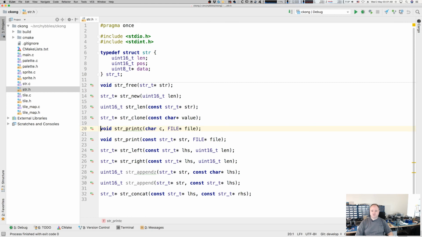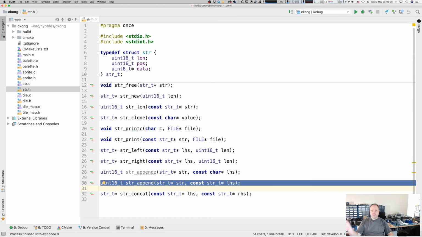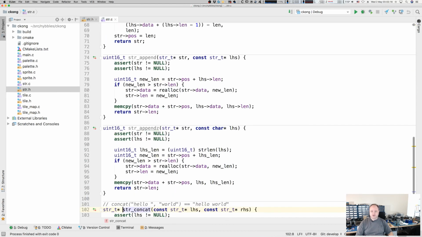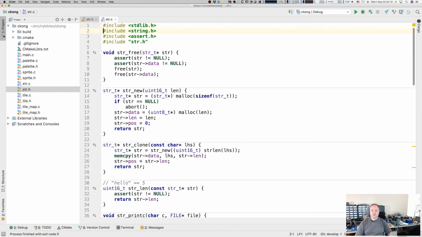We're going to talk about that in a little more detail. I added str print c, which will allow us to print just a character to an open file handle. And I added append z and append. Append z will append a null terminated string. Append will append another string structure to an existing string structure. And so then if we go into the implementation file,